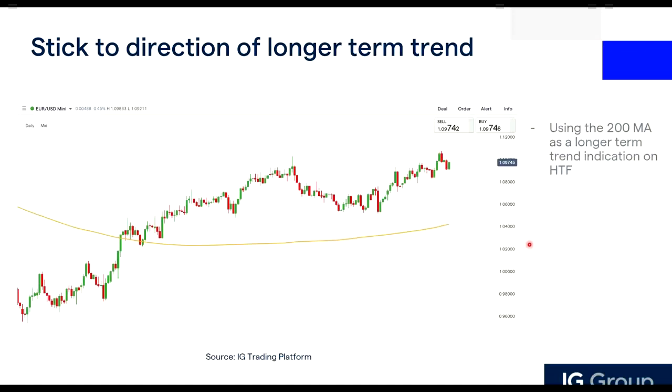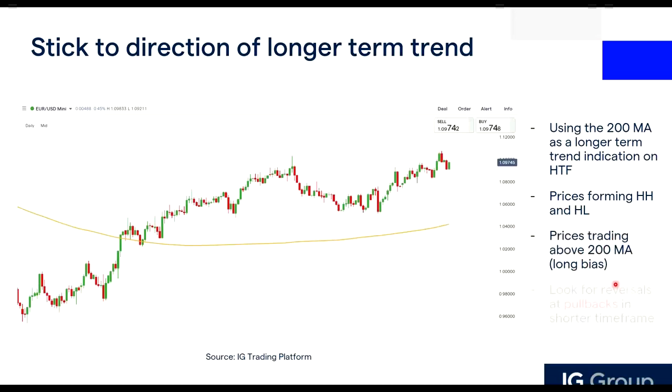So what we want to do in this uptrend: firstly, we use the 200-day as an indication. We notice that prices form a higher high and higher low. Prices are trading above it, so we have this long bias, and the reversal part comes in now in the pullback. Let me repeat again. In an uptrend, we are still looking for buying opportunities. We are not looking to sell at the highs. We are looking to buy, but we are looking to buy at the lows. How to buy the lows is to look out for reversal patterns in the pullback.